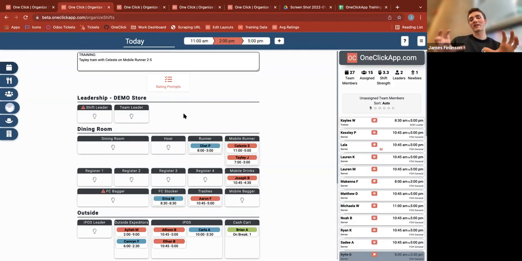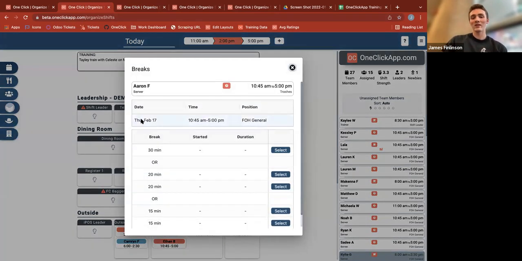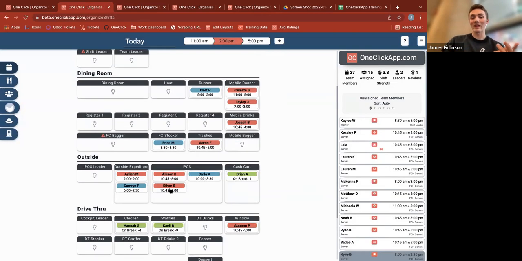On the beta version, we've been experimenting with a different functionality of the brakes. So for our customers who use the advanced brakes feature, they're saying they really like the ability to see all the shifts that are run together. If you assign an employee multiple shifts on the same day, they like to be able to see that. And so we're experimenting with the functionality to where, when you click on any brake,